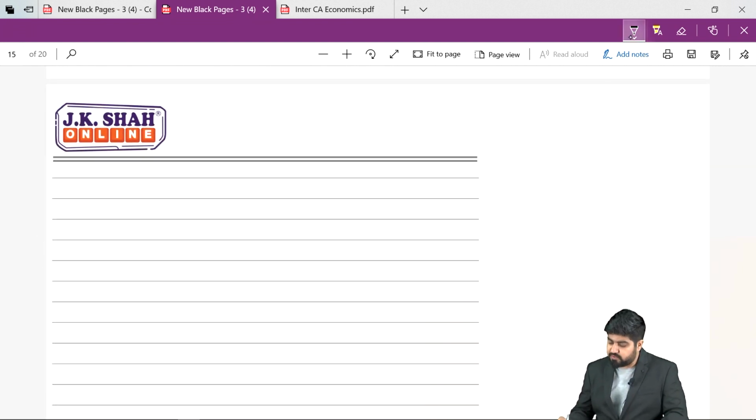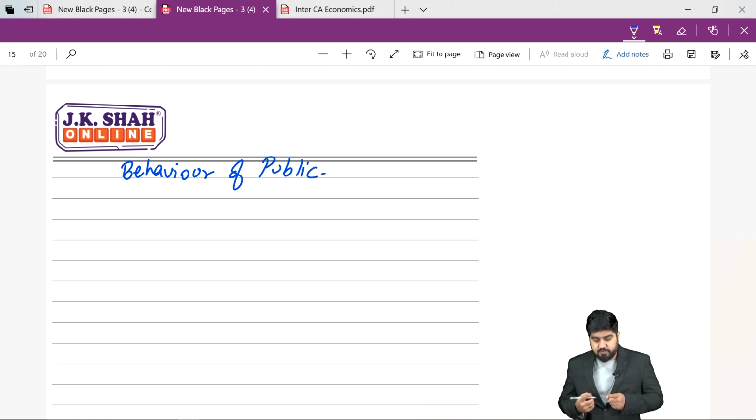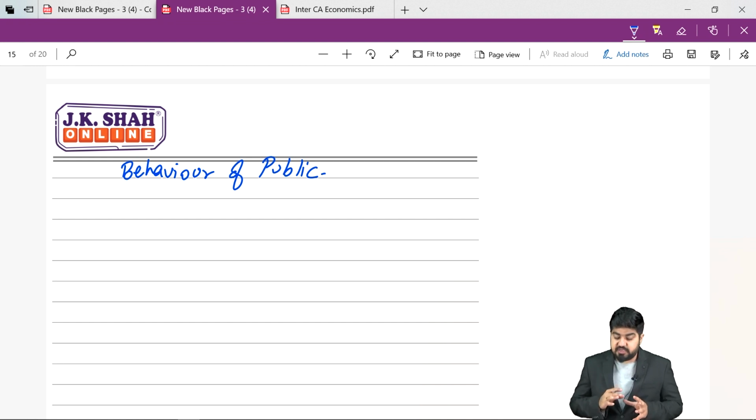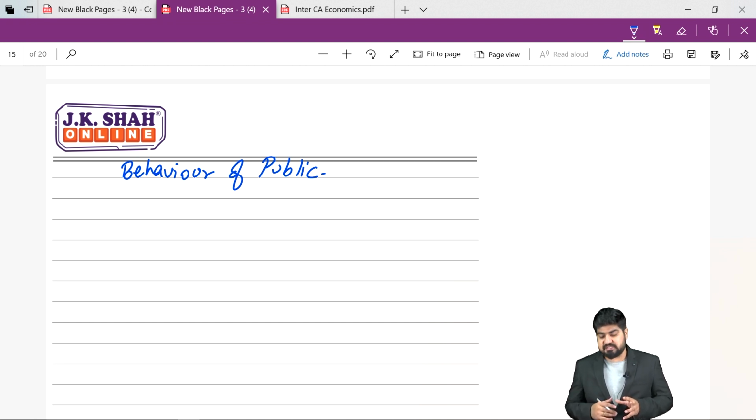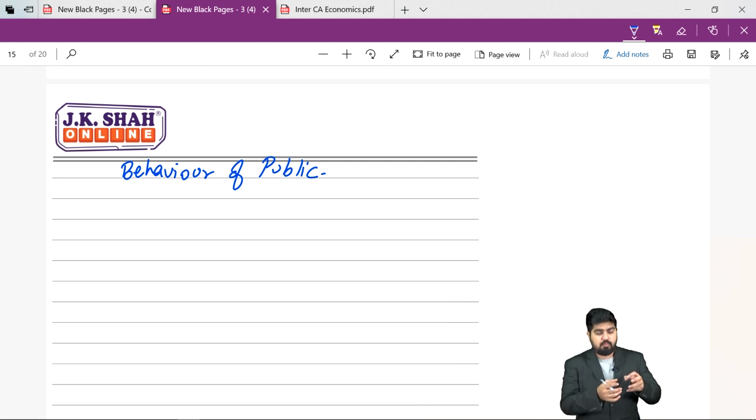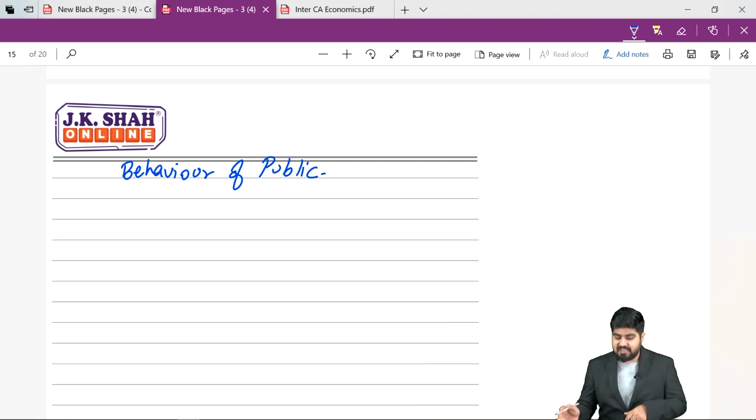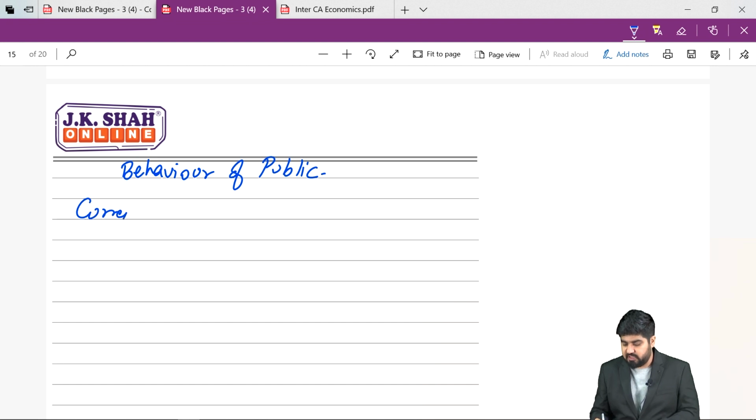Next one and last one, students, is nothing but behavior of public. Now when I say behavior of public, how will the public behave? So here it is the currency to deposit ratio. What did I just say? Currency to deposit ratio. Let's suppose people wish to hold more cash, which means more currency and less deposit. Listen to this very carefully. More currency and less deposit,